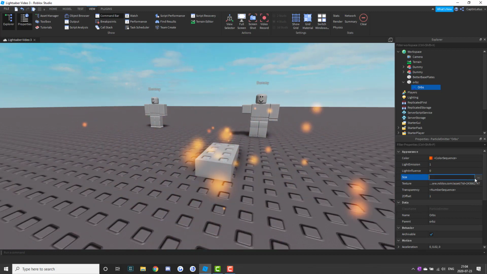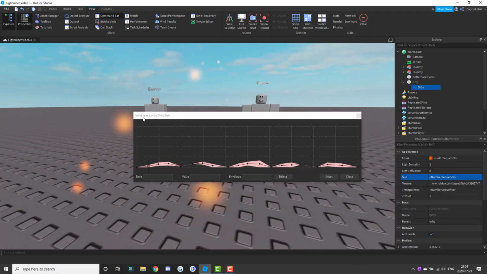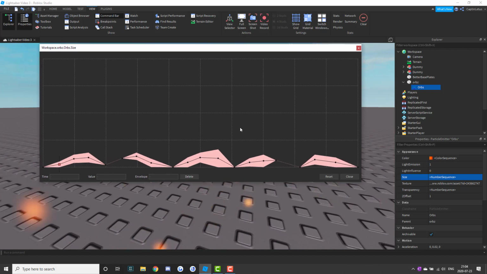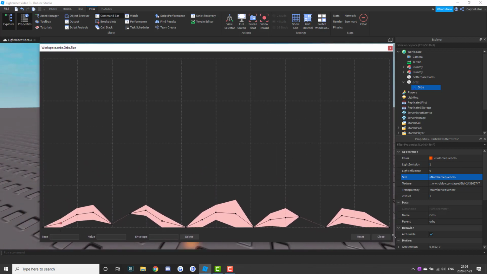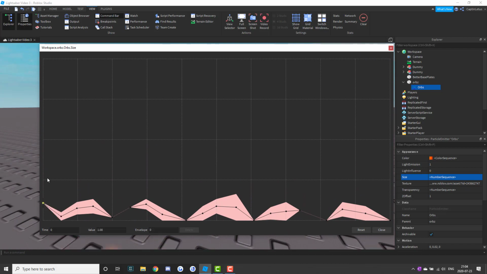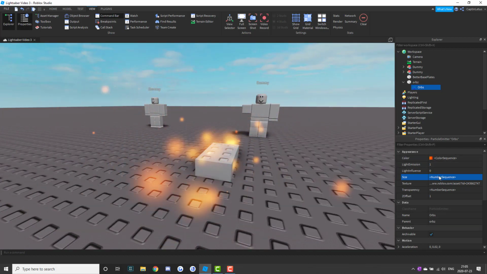All right, we're going to change the size. So this timeline here, I'm just going to make it bigger for you guys. This timeline describes how the particle will look at the beginning, which is over here, and the end, which is over here. And all of these different changes in the middle describe what's happening in between the start and the end. Right now it's kind of looking a bit messy,